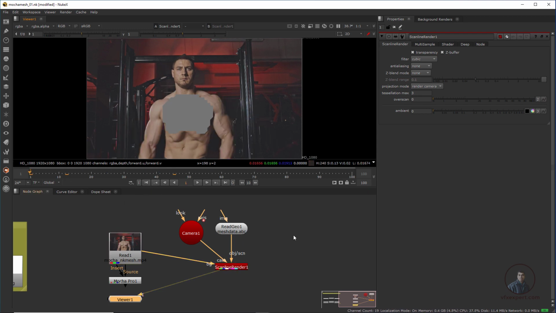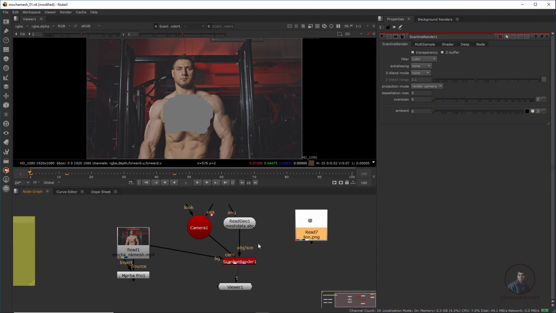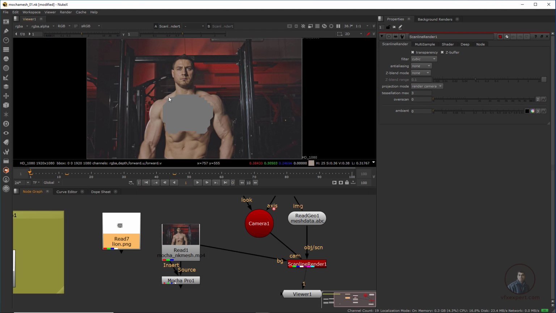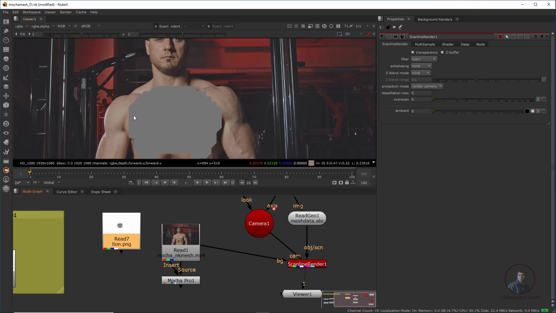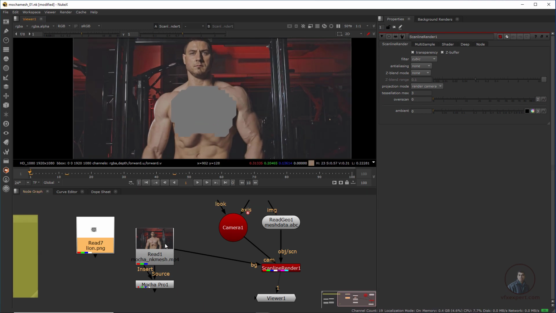After this we have to do compositing here. So how can we composite? First we have to take any image which you want to place here, maybe a tattoo, all these things. Here I have selected this one, line 1, and I just take it and move it here. We have to place this image on top of this surface. First we have to take a reference from our original video. According to that frame I will first composite this image, then we will project this image on top of this geometry.